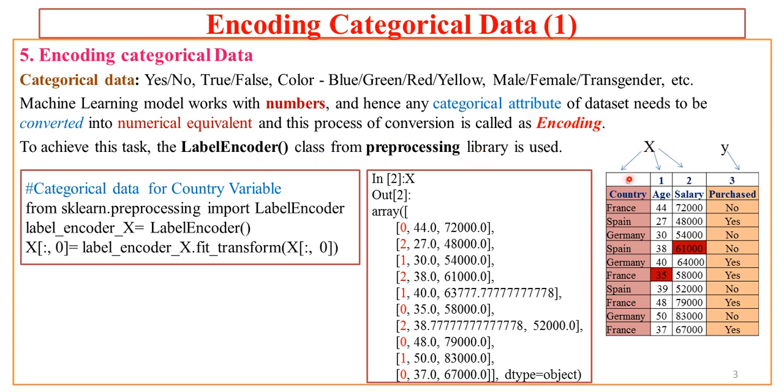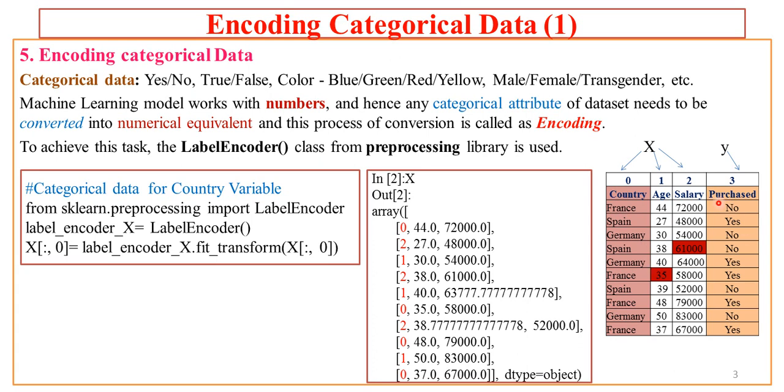Now in our case, we have a data set. Let us focus on the data set which I am pointing to here. So we have a data set in tabular form. We have an independent part having three attributes, country, age and salary, and a dependent part having one attribute, that is purchased. That means we have data of a certain company having clients in different countries, having certain age and salary, and we can inspect the data set and see whether the client has purchased any of the products of the company or not.